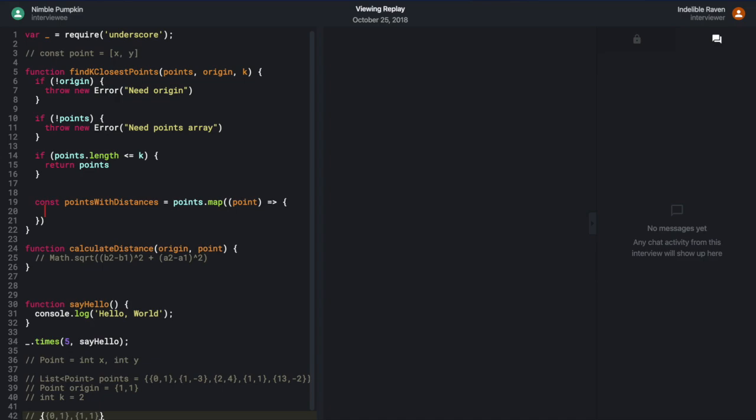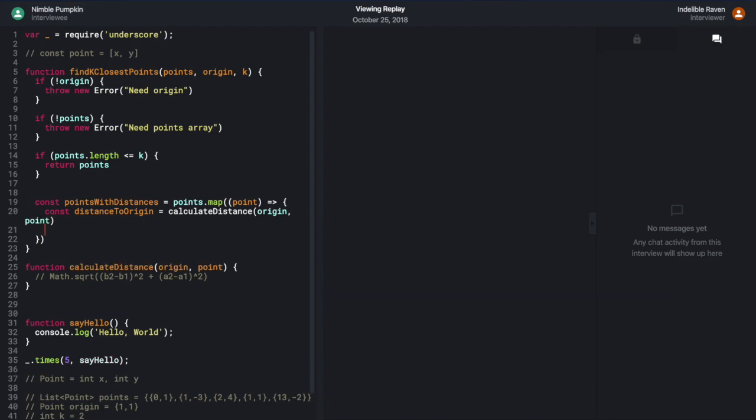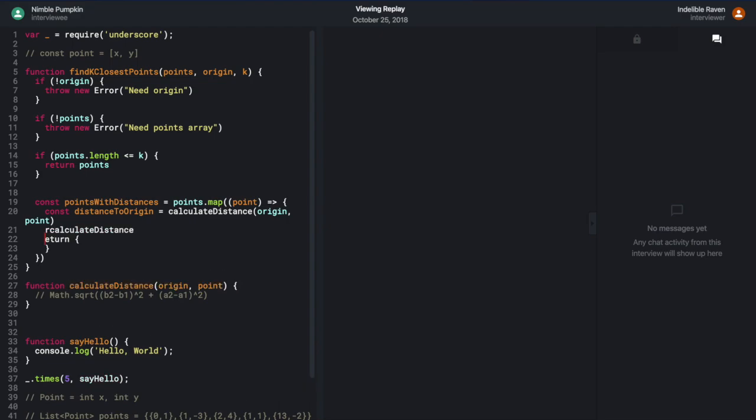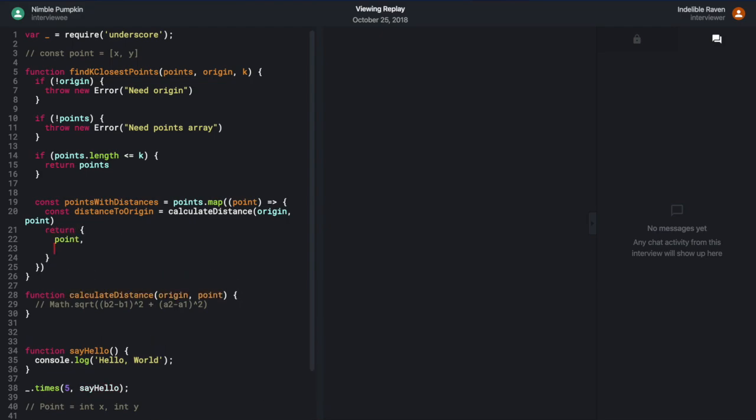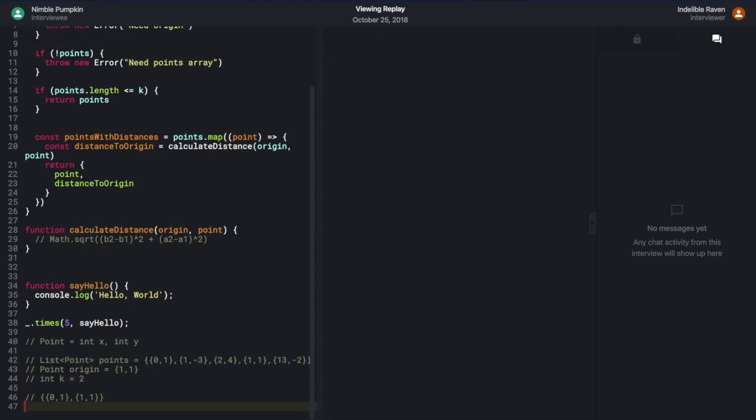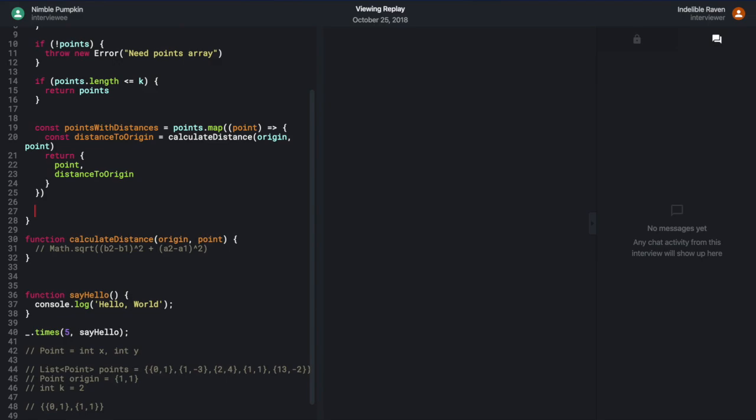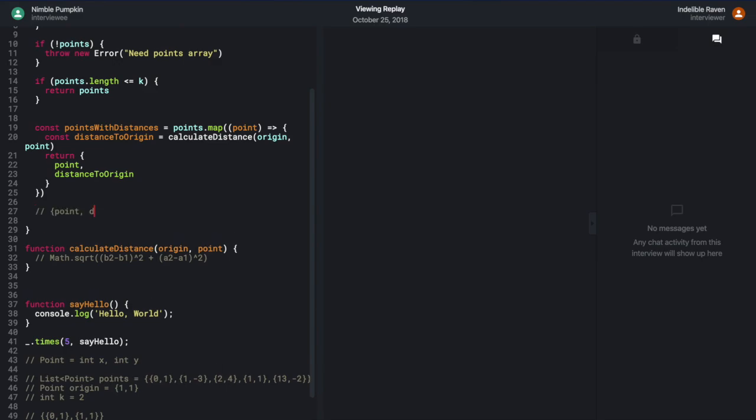So here's a point. I'm going to map over this, and distance to origin is going to be this guy. Origin point. And now I'm going to return the point, and the distance will be, I'll just make it distance origin as well. Cool, so that'll just expand to an object. Cool, so now I've got my points with distance, and so at this point, it's an array of guys that look like this. So now I can sort this,